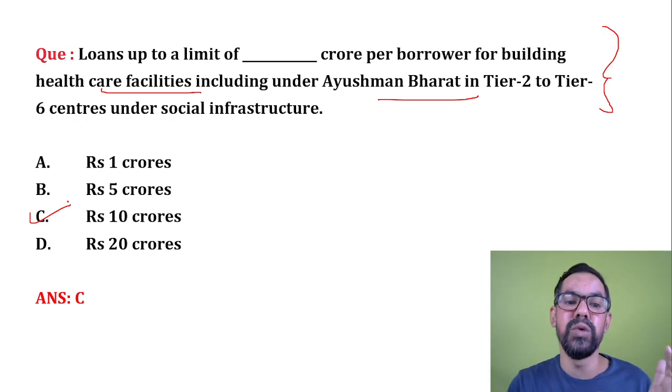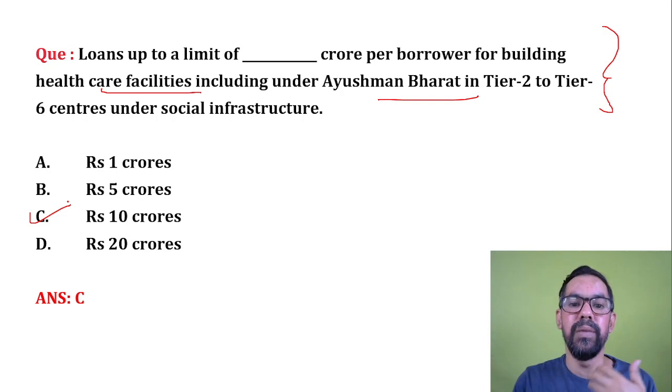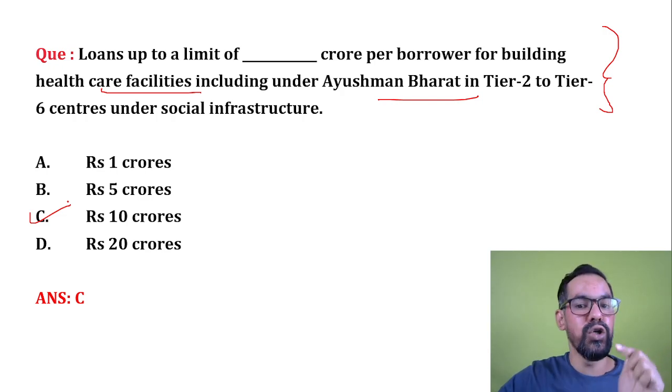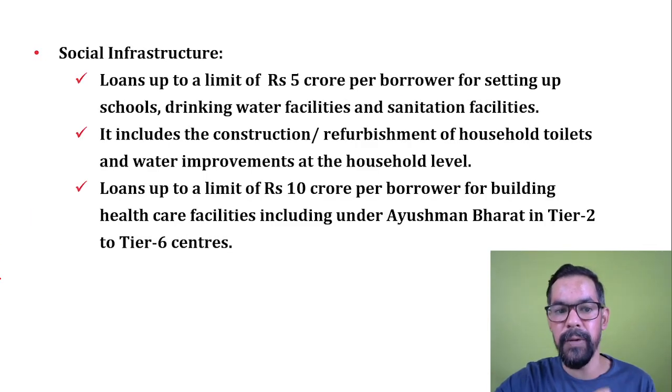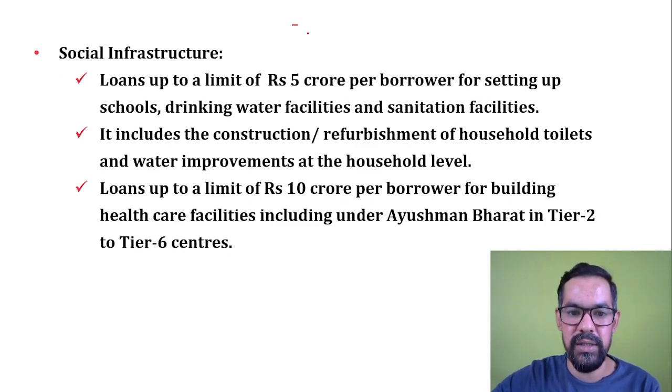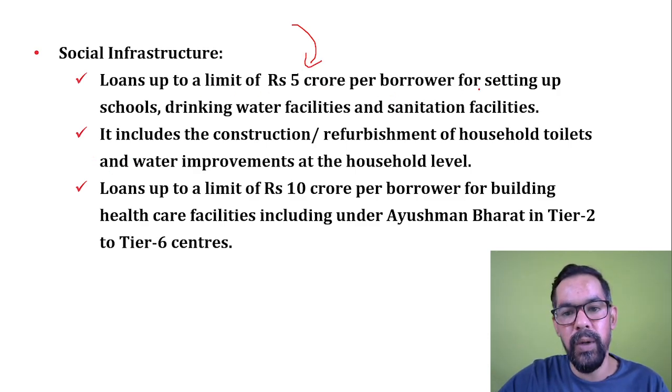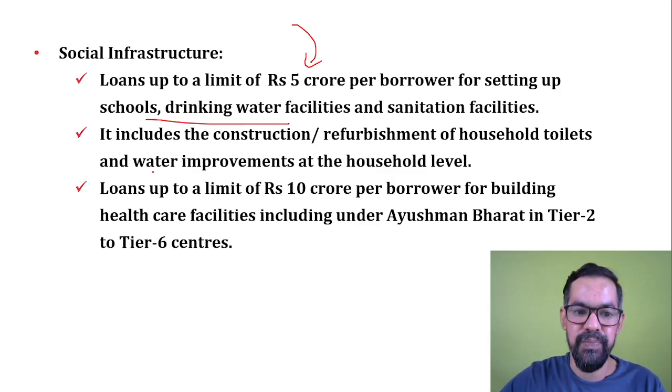In normal social infrastructure development like building schools and colleges, it is 5 crore rupees. But we have a special case of Ayushman Bharat. Under this, for the construction of healthcare services, we have a limit of 10 crore rupees. Here you can see this notification as well. Loan up to 5 crore per borrower for setting up schools, drinking water facilities, sanitation facilities. It includes construction of urbanization,